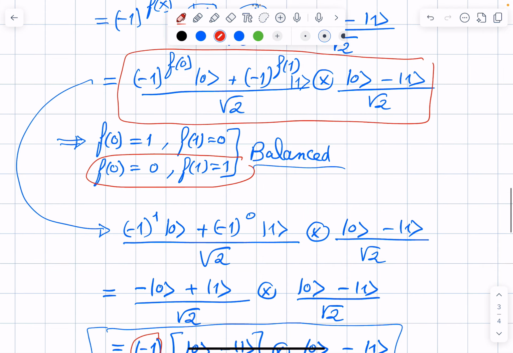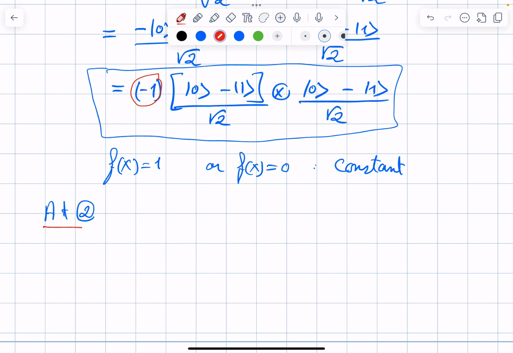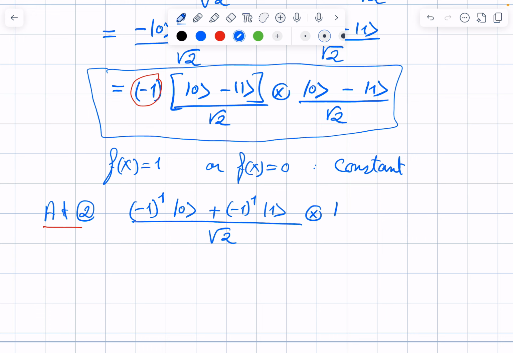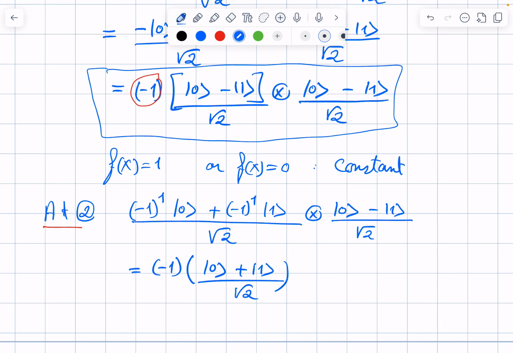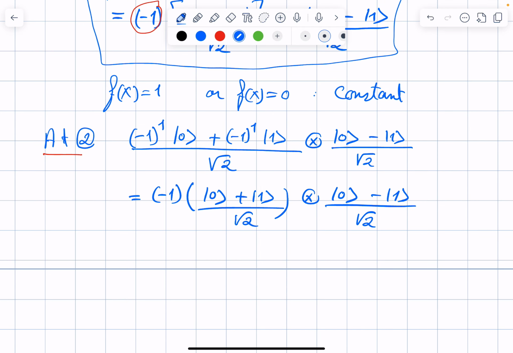So now at 2, if we substitute for f of x equal to 1, it will give minus 1 to the power 1 of 0 plus minus 1 to the power 1 for 1 over square root 2 tensor product with 0 minus 1 over square root 2, which we can easily write as minus 1, 0 plus 1 over square root 2 tensor product with 0 minus 1 over square root 2 divided by square root 2. It's better now to write them